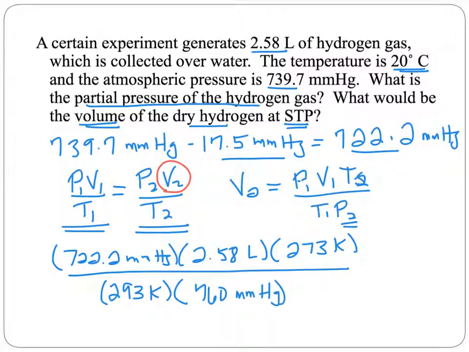So once you have all of your units and your values into this problem, it's just a simple case of doing the math, and you do all of the number crunching, you find out you will have collected at STP your 2.58 liters would only be 2.28 liters, which is not really a surprise because you're going from 20 degrees Celsius down to 0 degrees Celsius, and as substances cool, they do tend to pull together a little bit. If they cool enough, they turn into a solid. Though, of course, with something like hydrogen gas, you'd have to get really cold to get it to be a solid. But anyway, this gives you an example of how you might be asked to work with water vapor and